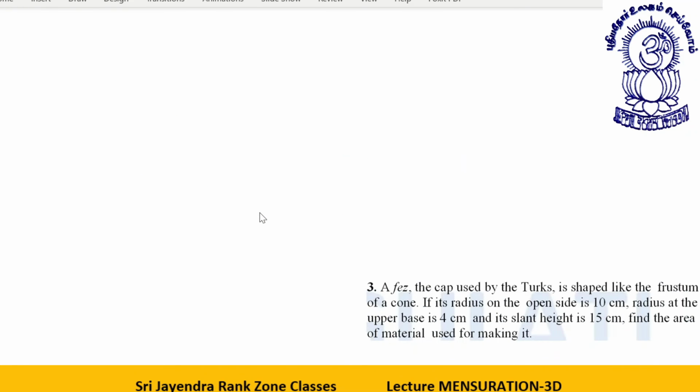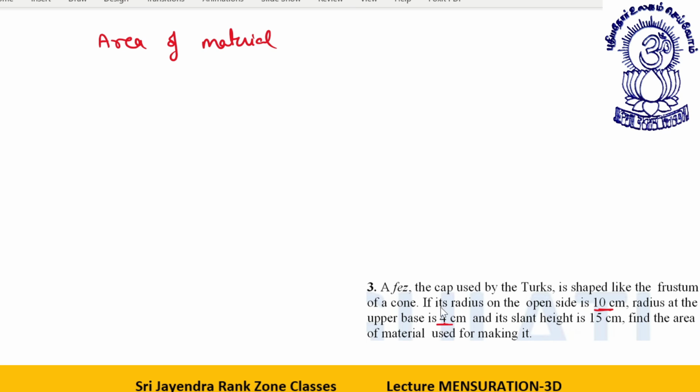Next. The cap used by Turks is shaped like the frustum of a cone. If its radius on the open side is 10 centimeter and radius at the upper base is 4 centimeter and slant height is 15, then the area of the material used for making the cap is, now good question. What is the area of the material used for cap? See, the radius on the open side is 10, so material won't be used there. So area of material will be,